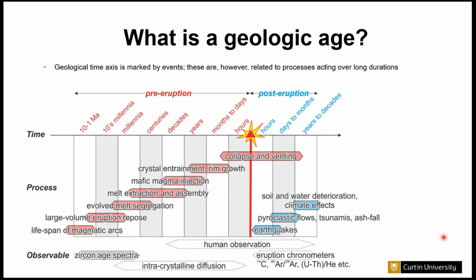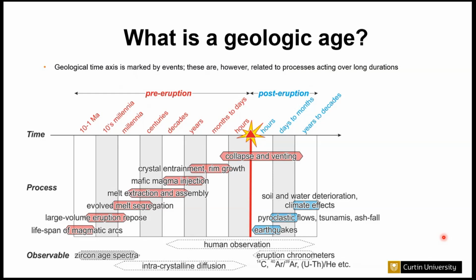And that may happen, from what we know about, for example, crystallization, maybe thousands to hundreds of years before a big eruption. And finally, we get mixing in the magma reservoir and also in the column when the magma ascends to the surface. And then finally, that culminates in processes that may last over hours to days, where we have a big eruption. And then, of course, after the eruption,